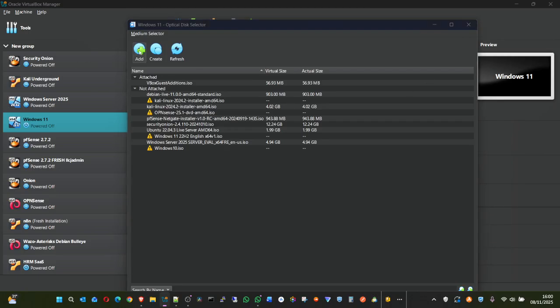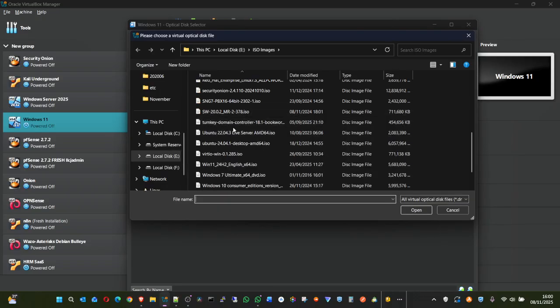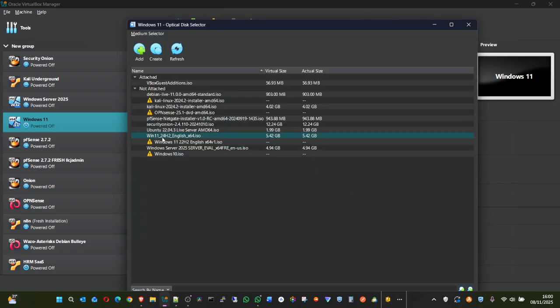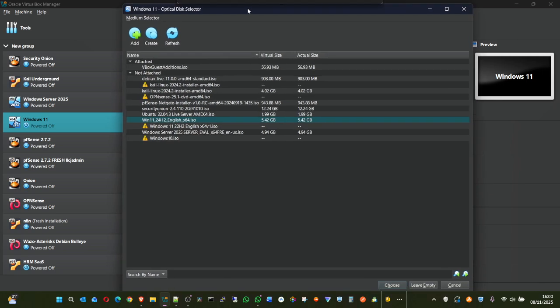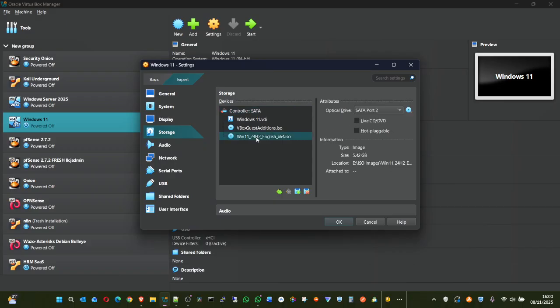I can say add, and I'll go to Windows 11. You can see right here, I have it right here, and I'll say open. So it's already added. It's on the list right here. Let me scroll up a little. So it's already selected, and I'll say choose. So I've already added it right here, meaning that it will boot from this ISO.